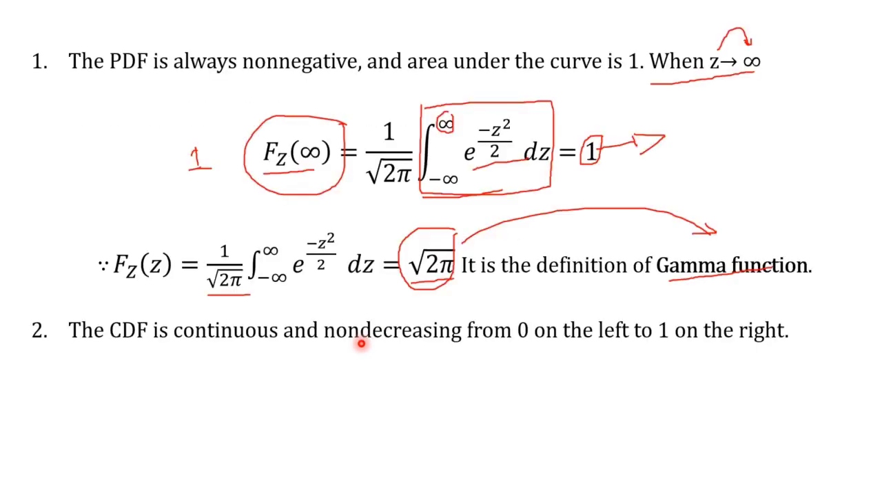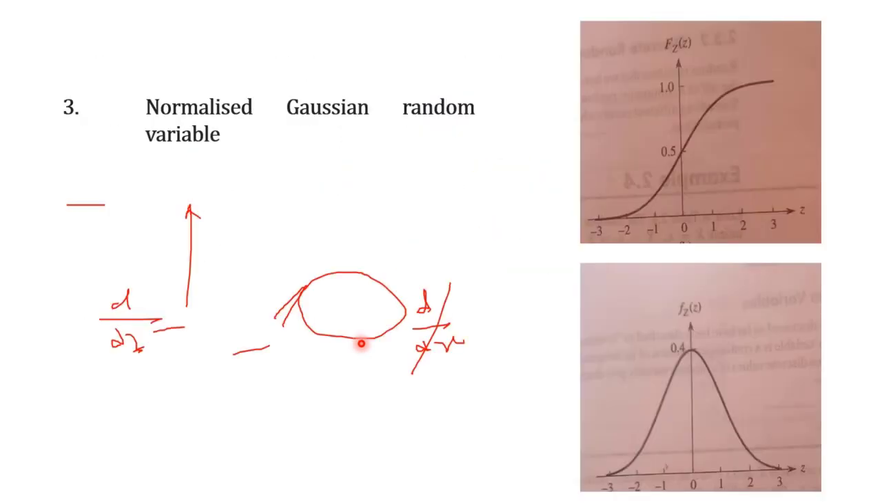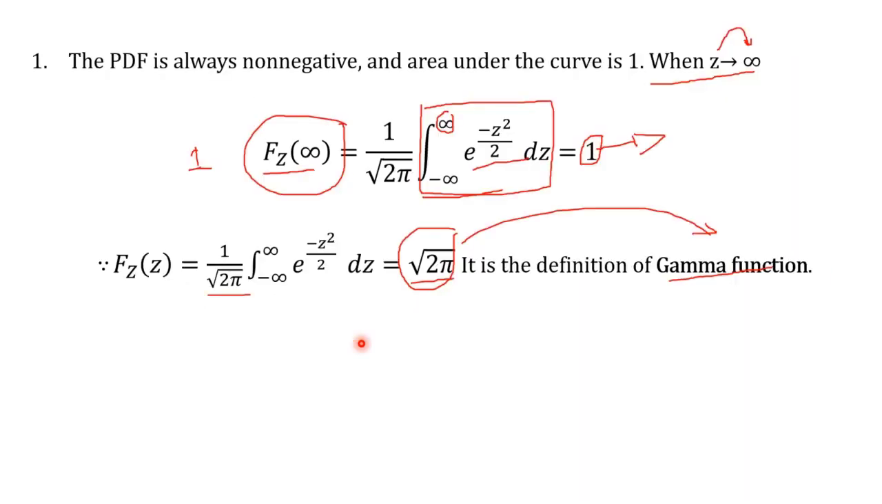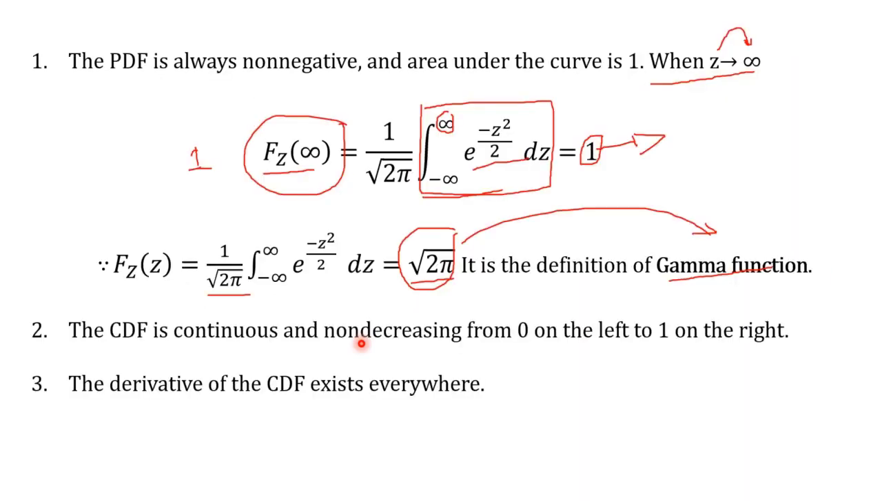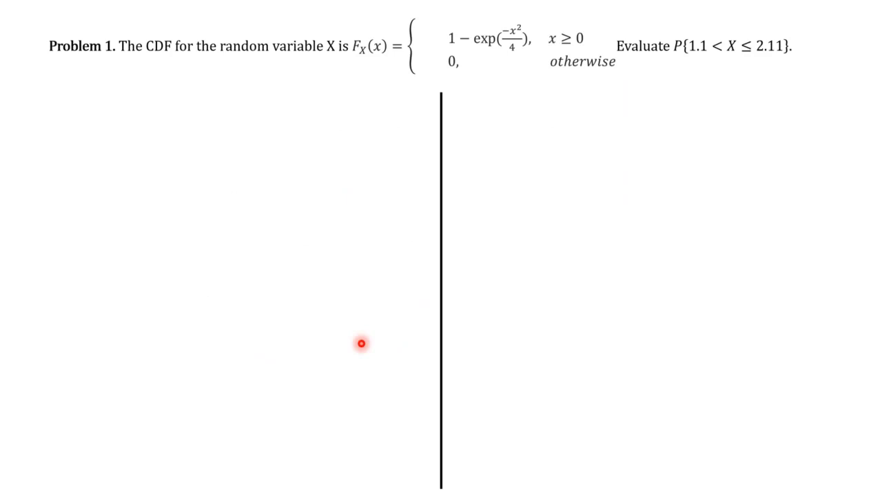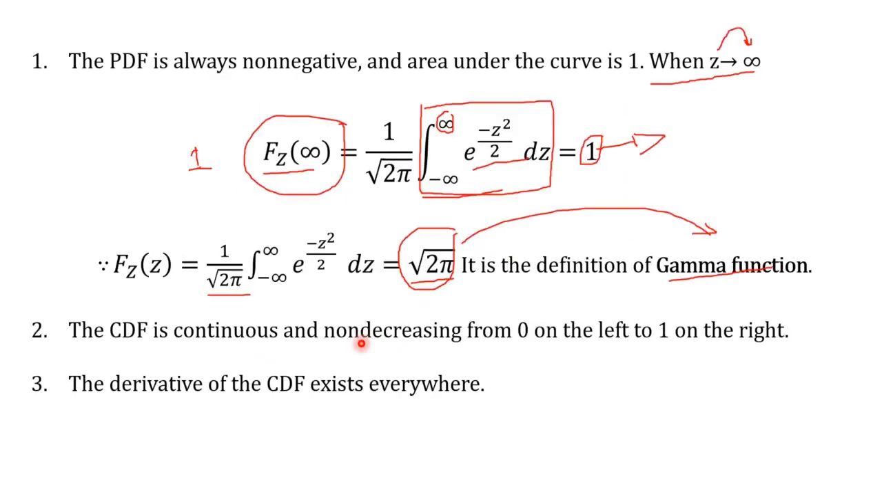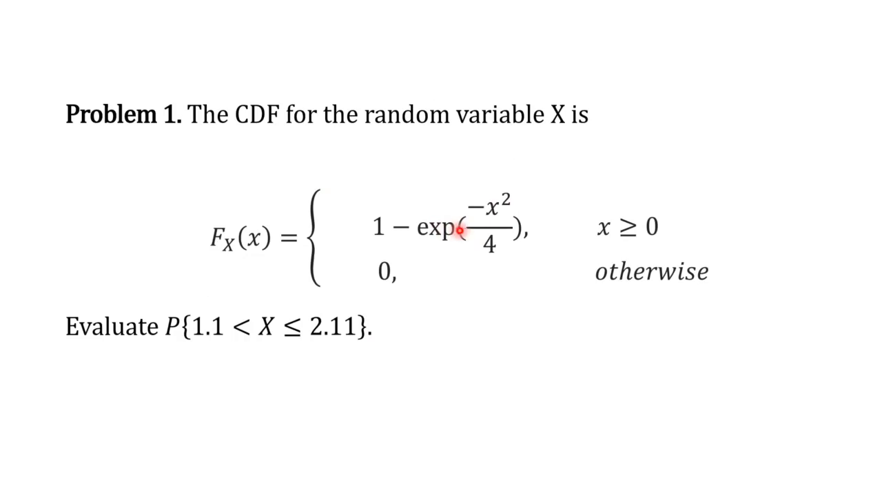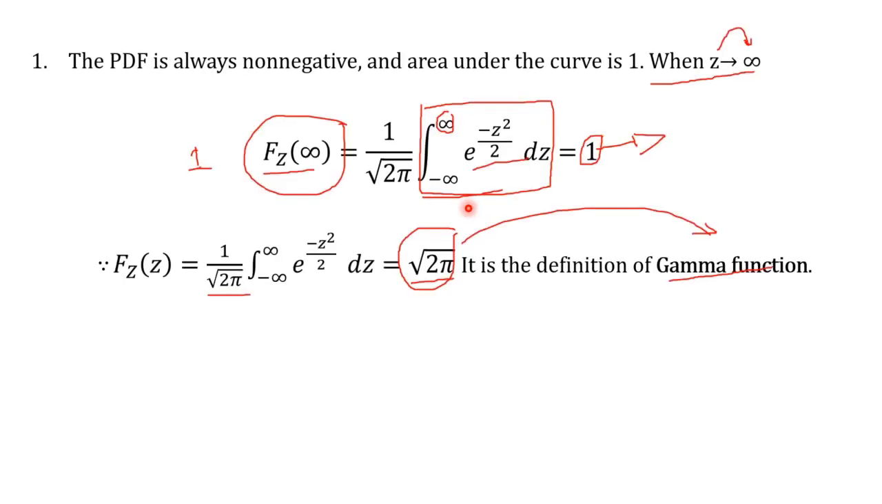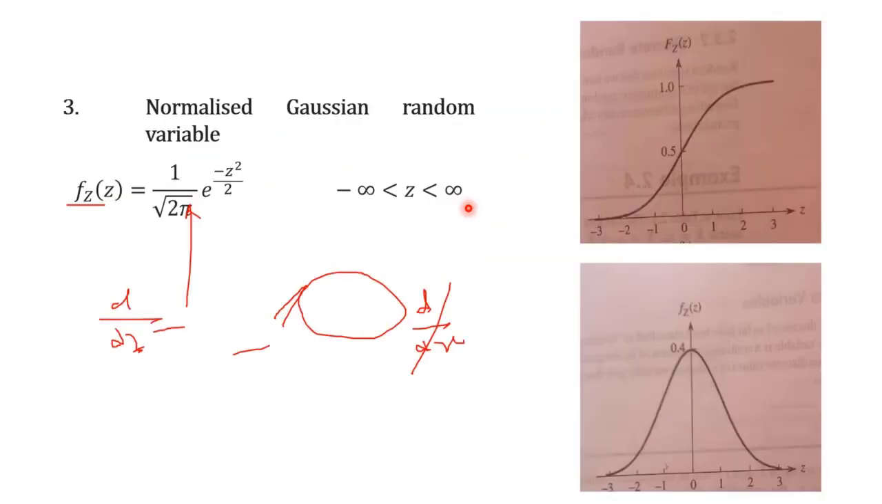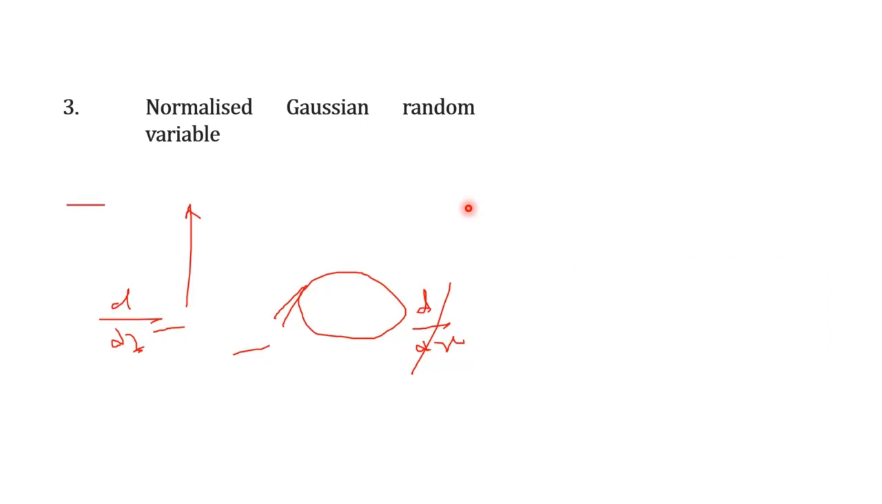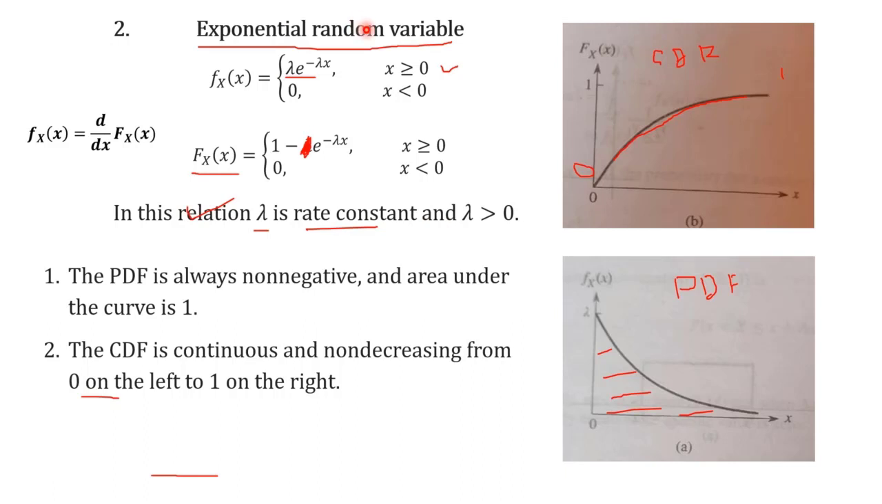Meaning of this, I will explain. It is an exponential function here, e to the power minus x square by 4. It is nothing but a second example, an exponential random variable. It is not a normalized Gaussian random variable, but here it is an exponential random variable in which they have given